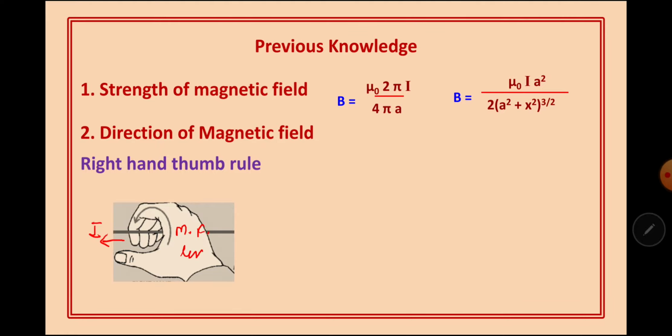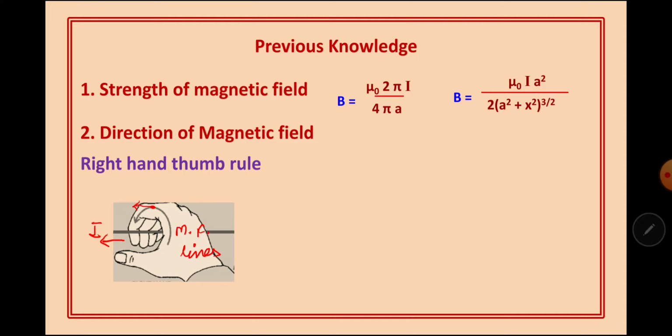So here the magnetic field lines are in the plane perpendicular to the conductor, and there will be multiple such lines, and to find the direction of the field at a given point, we will have to draw the tangent. So here in this case, the tangent will be drawn this way and so on. So the field will be in the plane perpendicular to the conductor. So this is how we can use the right hand thumb rule to find out the direction of the field.